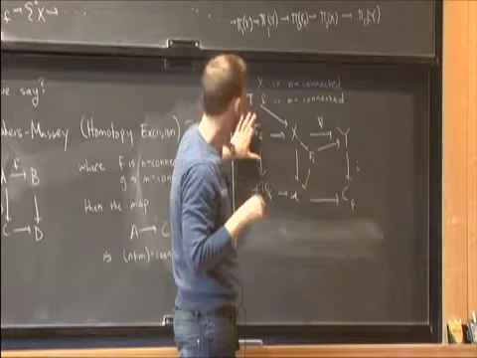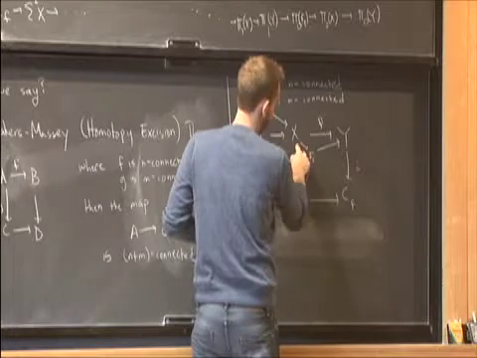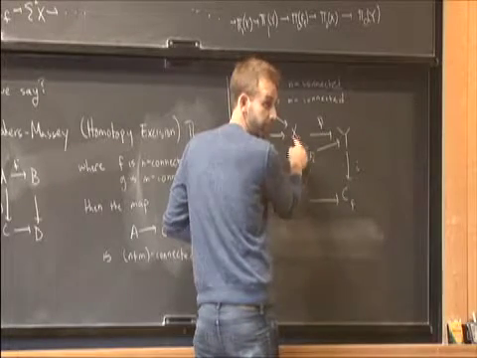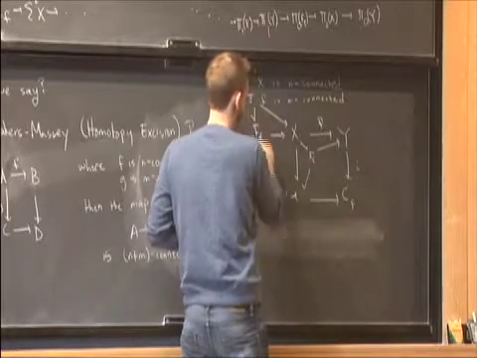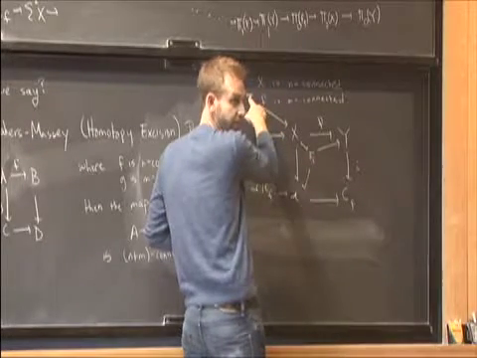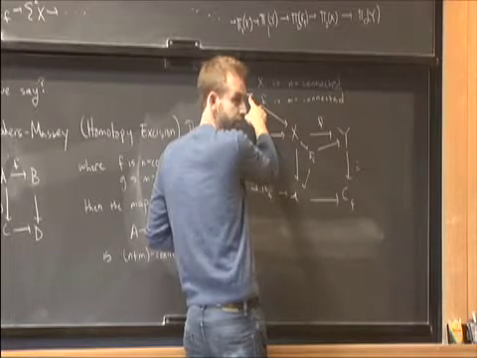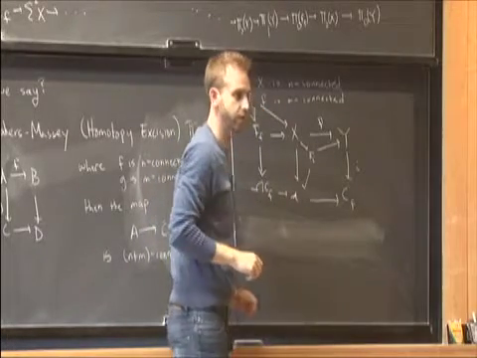What is T again? T is one of two things. On the one hand, it's the fiber of this map to this pullback. So this is a fibration sequence. On the other hand, it's the fiber of this map right here. So this is a fibration sequence. That's the same thing by construction, so to speak.